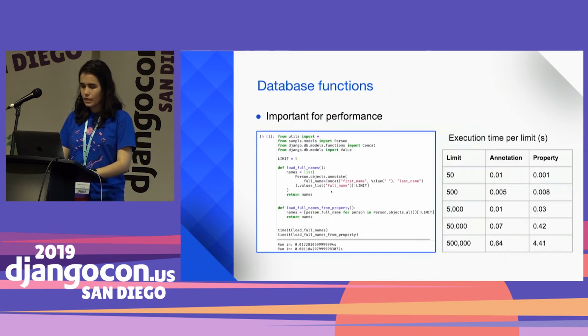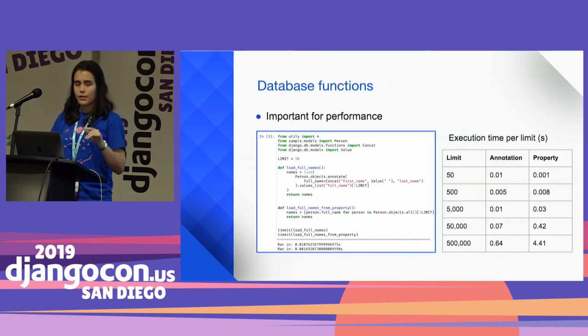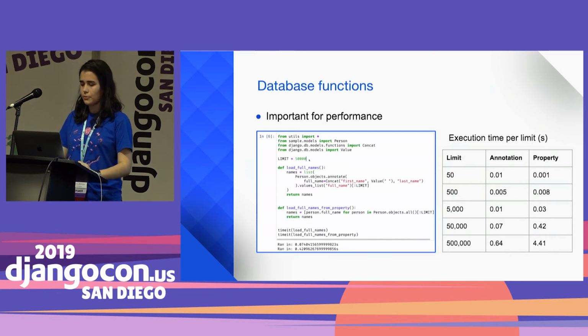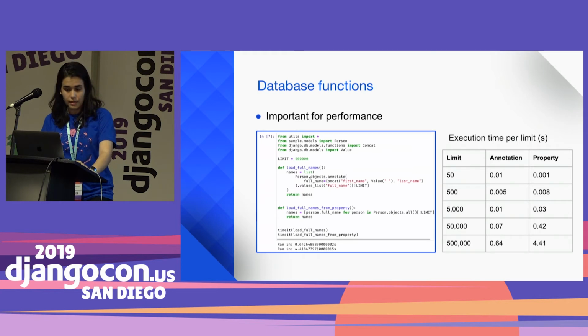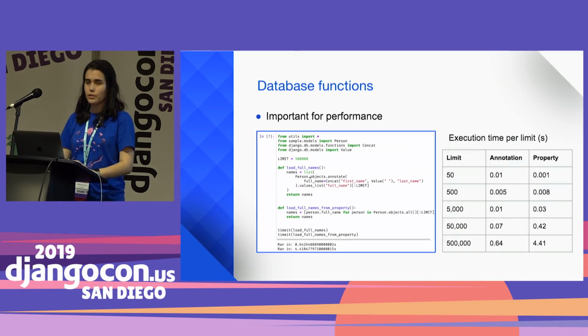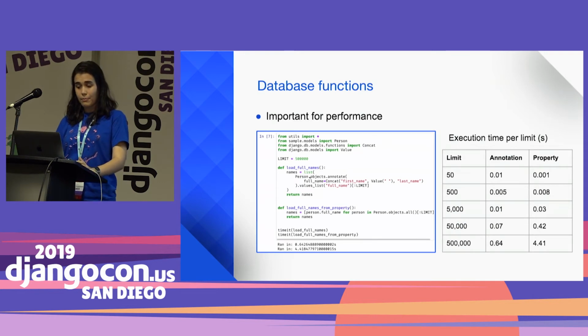Just so you see, I wanted to bring this GIF to compare our solutions with the full name property and the annotation. At first, it's very fast, but as I add more zeros to my limit, the worse it gets. The last frame was like 500,000 records and took about 4 seconds to load everyone's full name. And in a big application such as the one I work on with millions of records, that's too long for the end user, and we cannot let things like this happen.